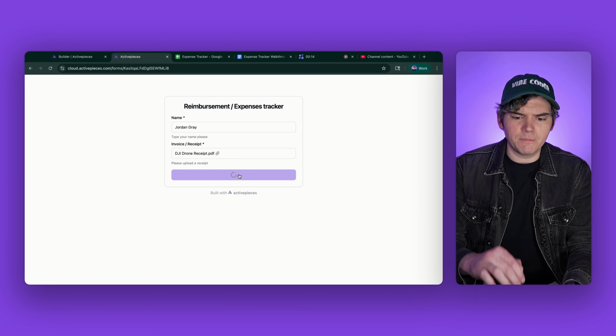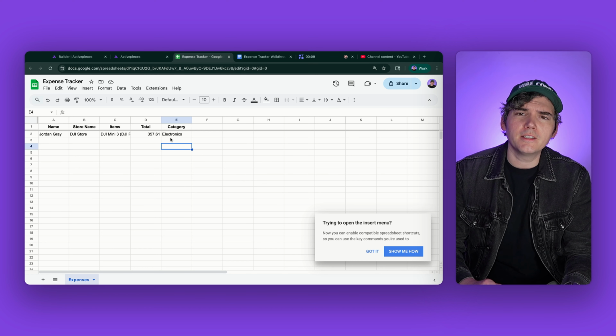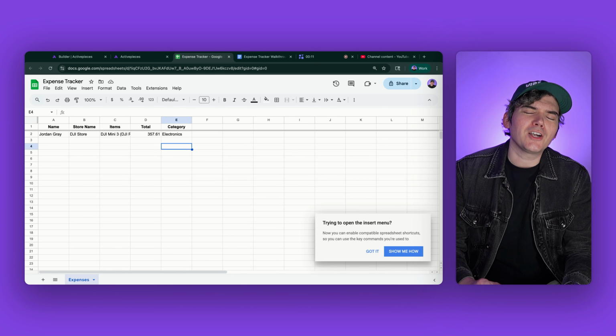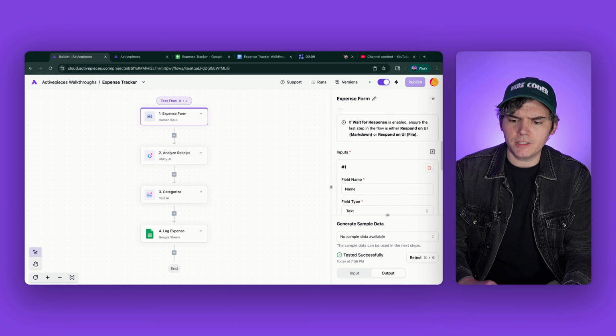When we click submit, the flow triggers, and your expense shows up in the sheet. Categorized, organized, and automatized. Taking a closer look at the flow here, to create the form, we just added this name field and